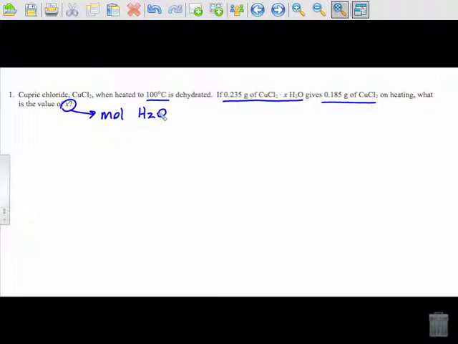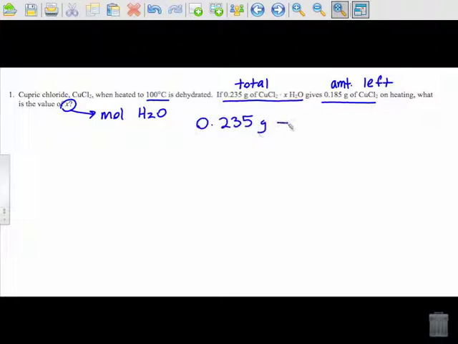Okay, we're given numbers here. What's 0.235 represent? Total hydrate. So this is the total. What's the 0.185? Without the water. So it's the amount left after the heating. So how do we get how many grams of water there are? Subtract. So I'm just going to take